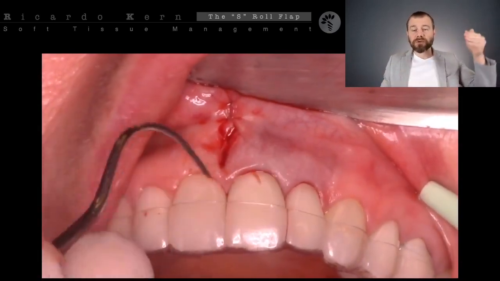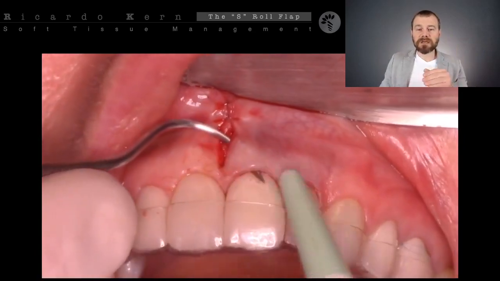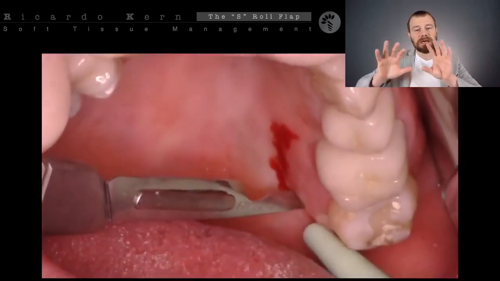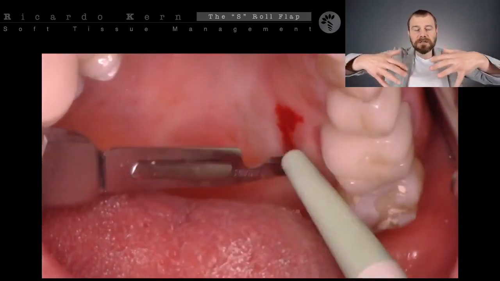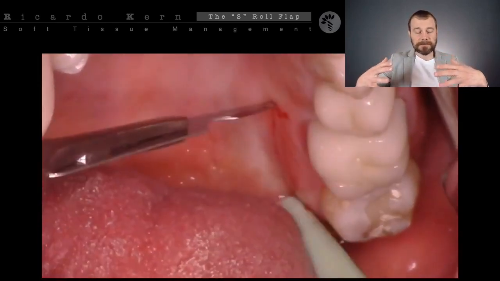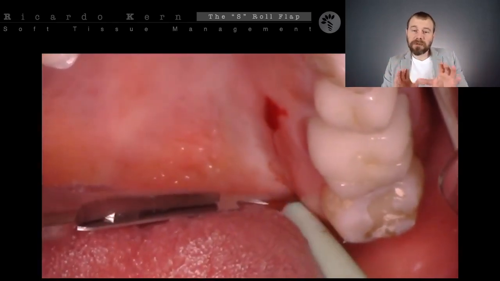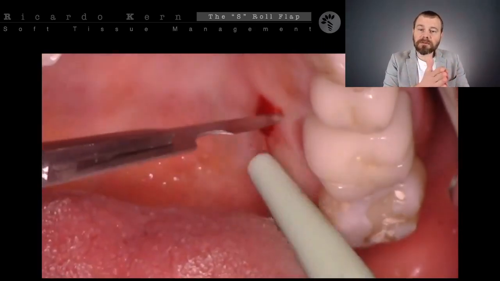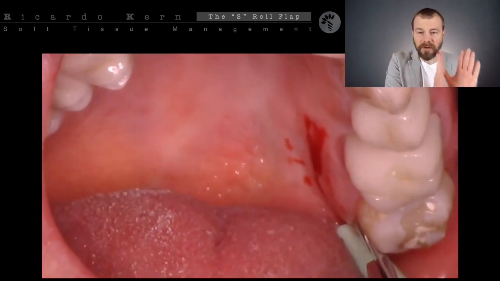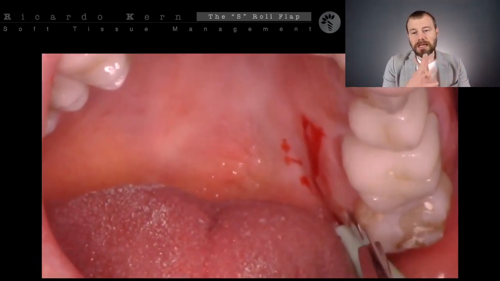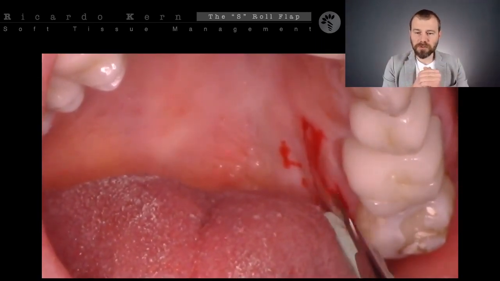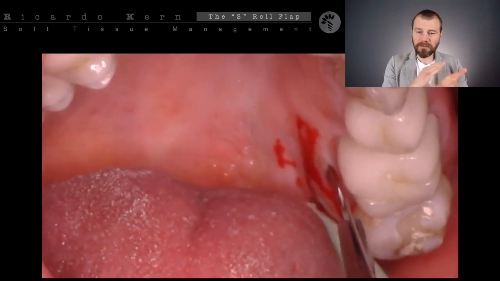And we decided to do that by the lateral approach, because when you try to tunnel with the crown in place, sometimes you just enlarge a little the alignment of the gingival margin, and we prefer to go to the lateral approach to preserve the contour of the tissue around these brand new crowns, okay? And we are collecting a free gingival graft that we're going to use and make the deepithelialization